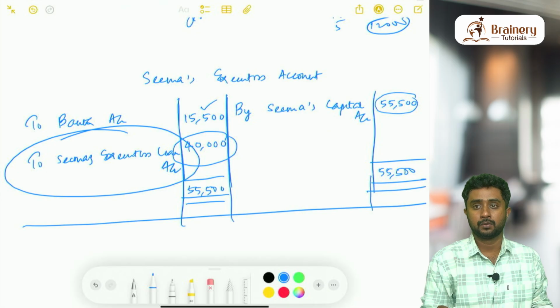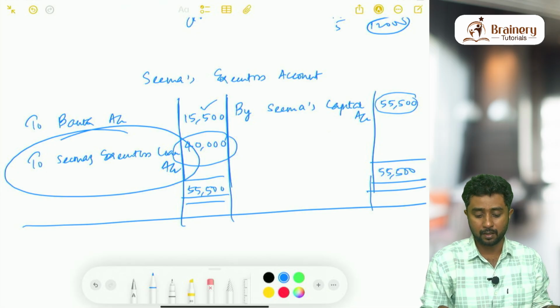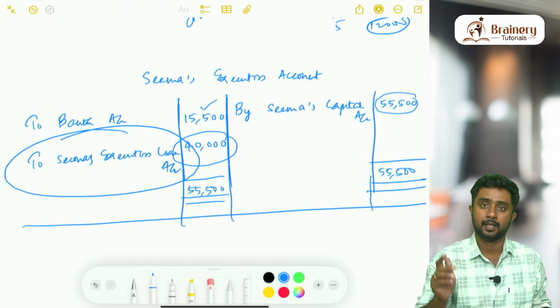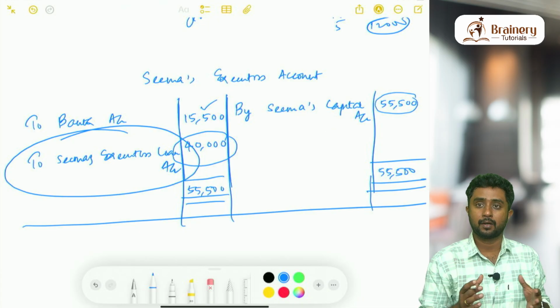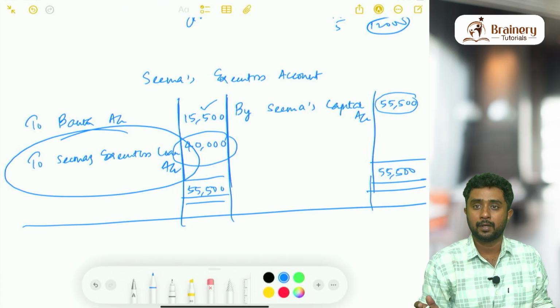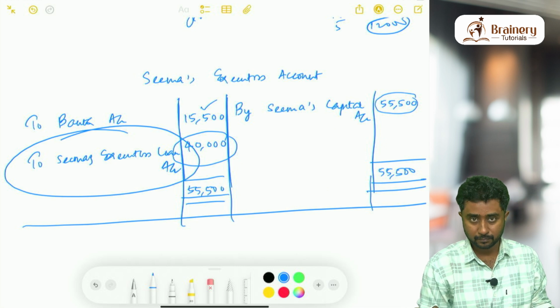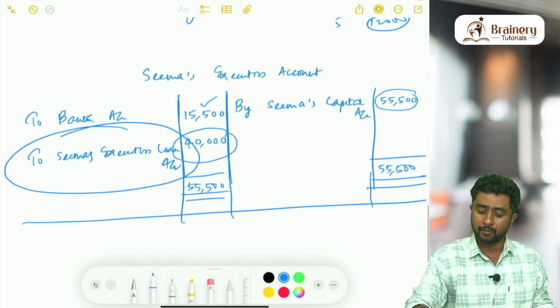So what are we supposed to do? We have only one option left. We are keeping that as a loan. So we are just recording it as to CMA's executor's loan account. On a later date, once we get the information on what we are going to do with this amount, we can prepare the executor's loan account and settle it. That is the purpose of this. And we have totaled it and we got 55,500.